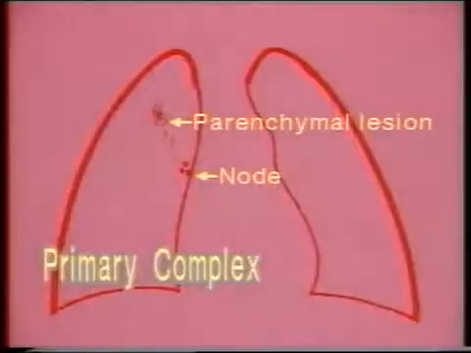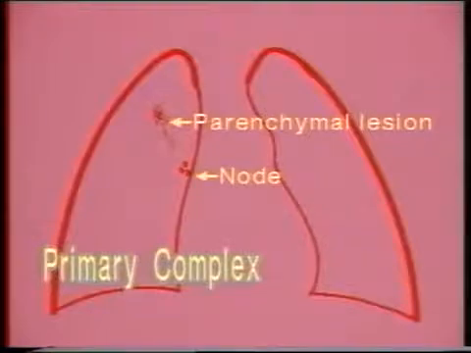The blue arrow shows the parenchymal infiltration in the lower lobe. And here we see both the lesions together, the parenchymal lesion and the hilar lymph nodes. So, a primary complex has a parenchymal lesion and enlarged hilar nodes. The parenchymal lesion may sometimes be very small or resolved, and then enlarged hilar nodes is the only evidence of